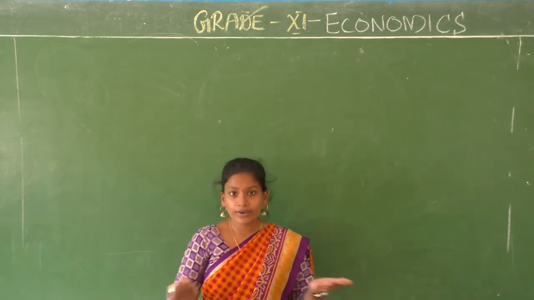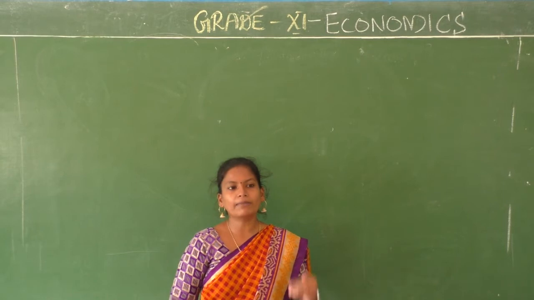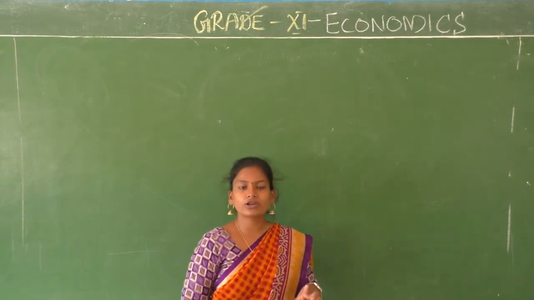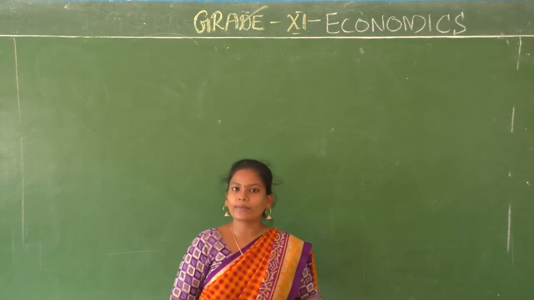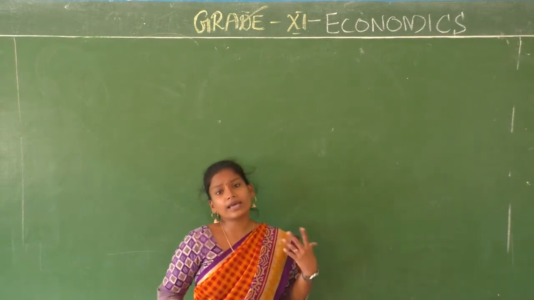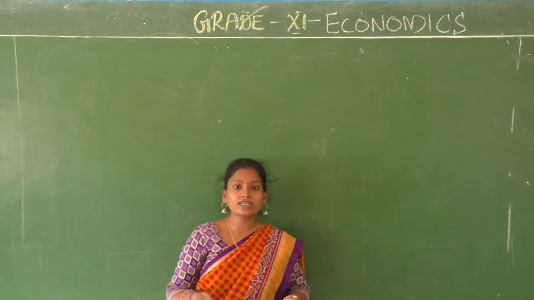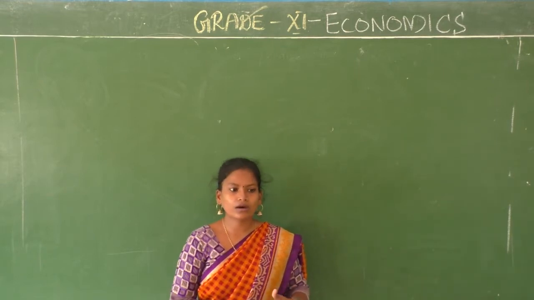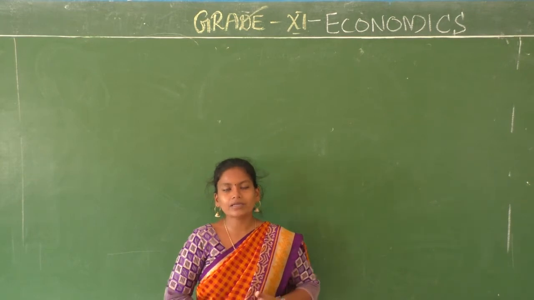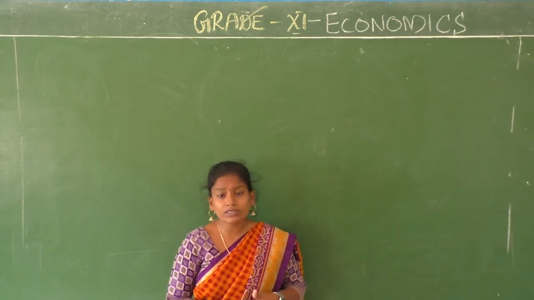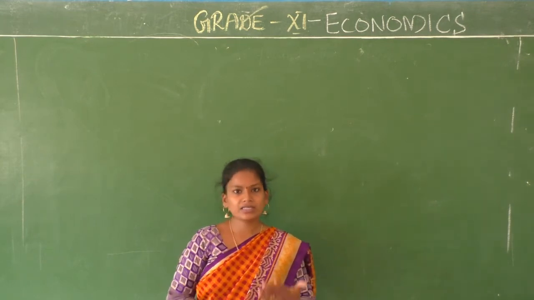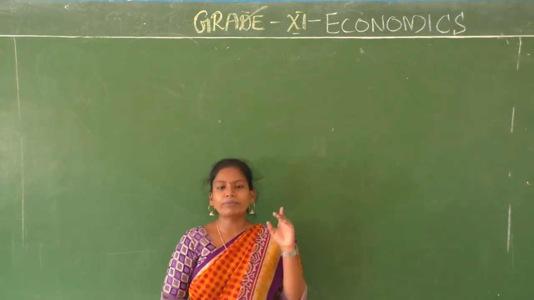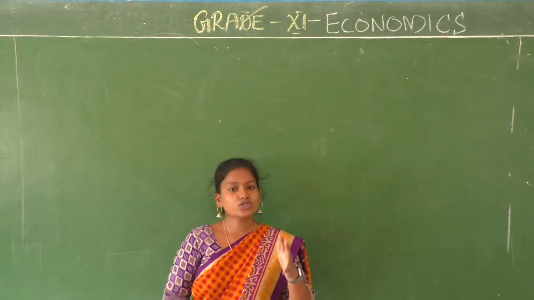For what are you doing all this? To study a problem and find a solution, find some measures to sort it out, which are called policies in economic terms. Right? What can be the problems? It can be about population, it can be about gender equality, it can be about employment and unemployment, it can be about poverty. Alright, various things we have discussed. So then we have discussed what we mean by data and then the sources of data.